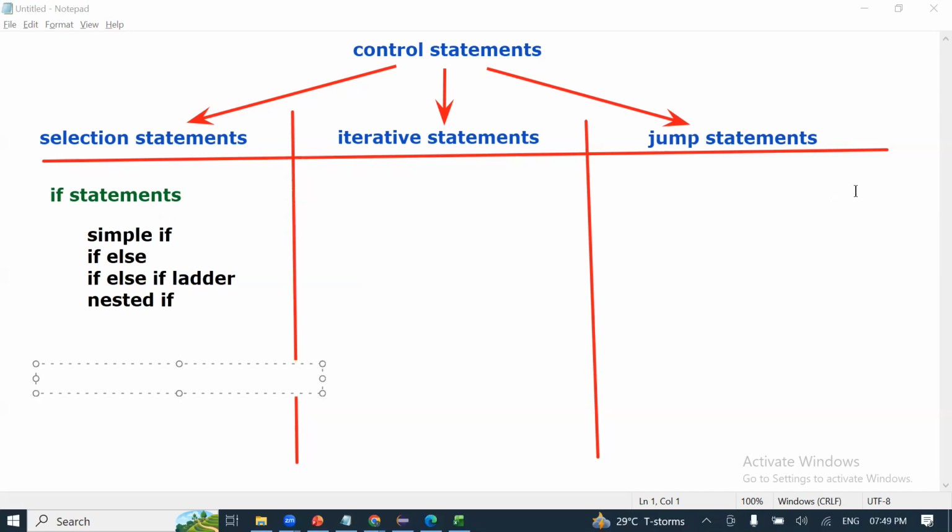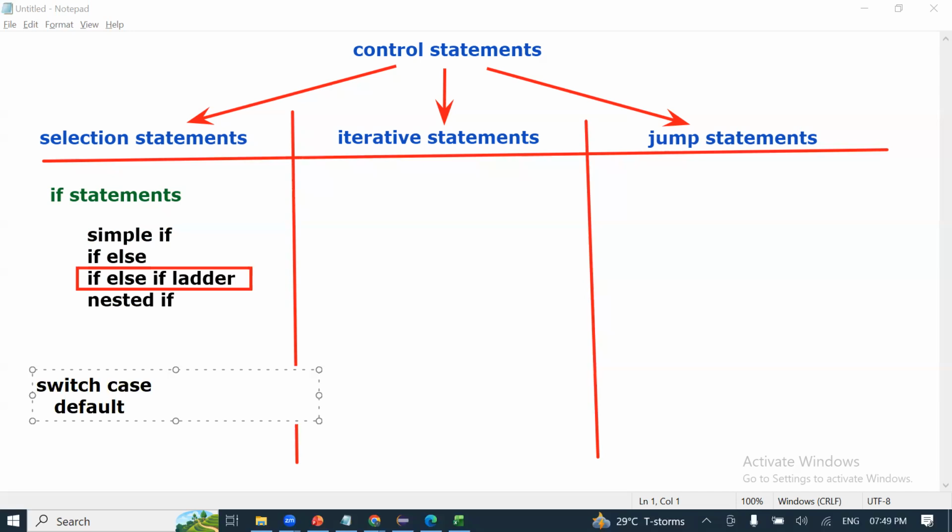Now the third one. Similar to the if else if ladder, there is something called switch case. Case 1, Monday. Case 2, Tuesday.